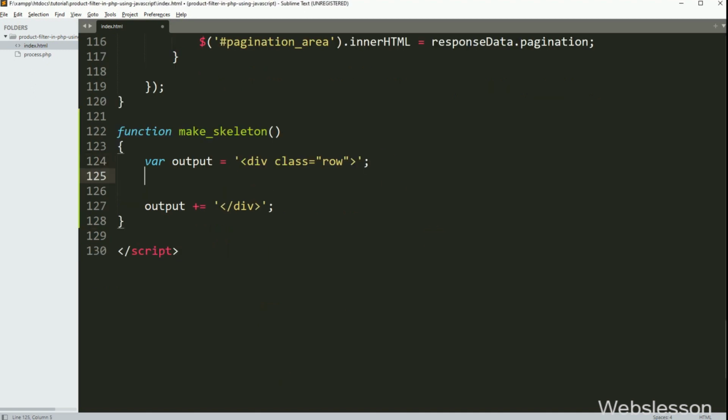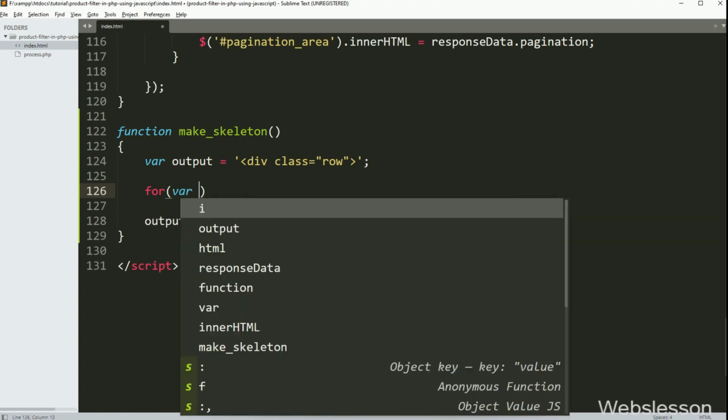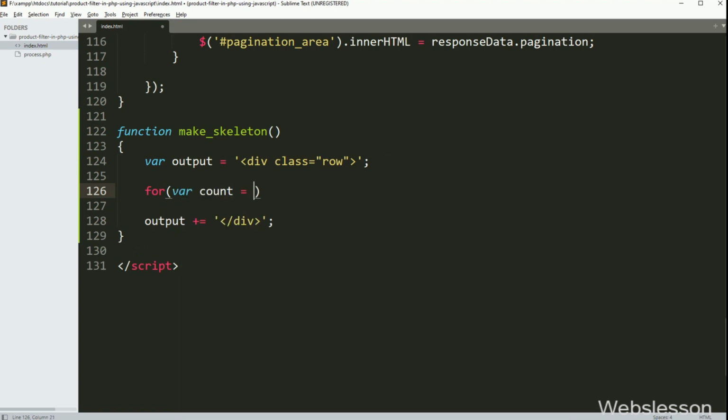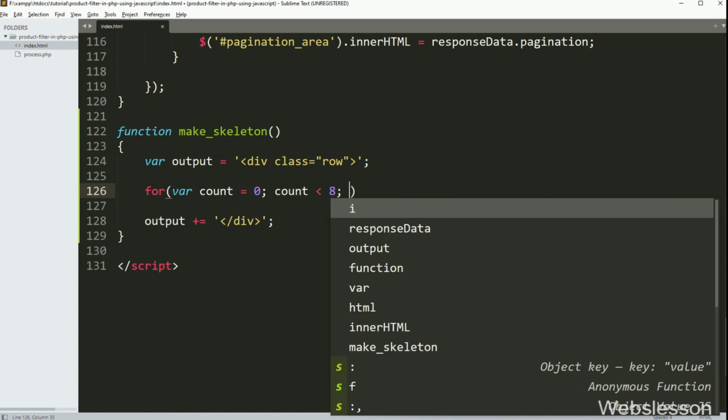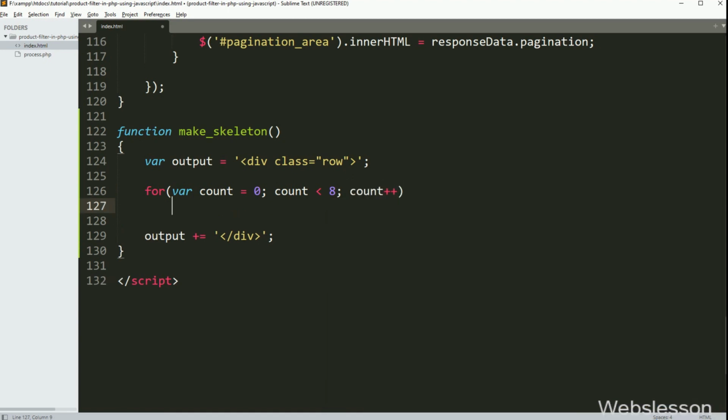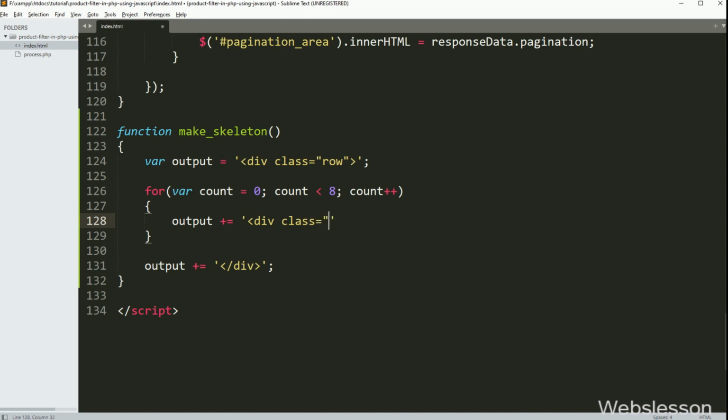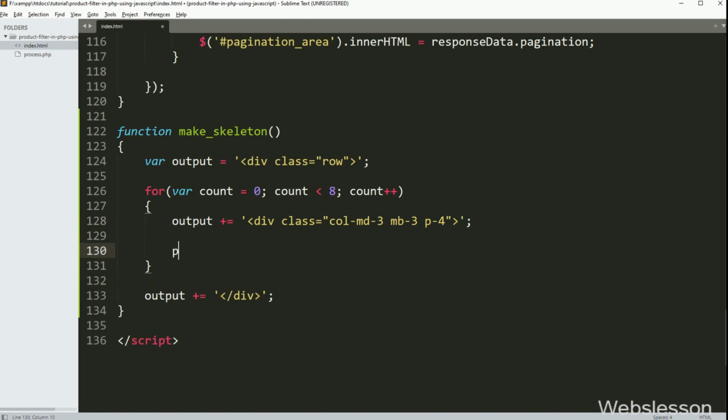Below this, we have written a for loop, and under the condition, we have written variable count equal to 0, the count variable value is less than 8, and the count variable value increments by 1. Under this loop, we have appended to the output variable HTML code like a division tag with the Bootstrap 5 classes column medium 3, margin bottom 3, and padding 4. So it will make 4 columns in one row.